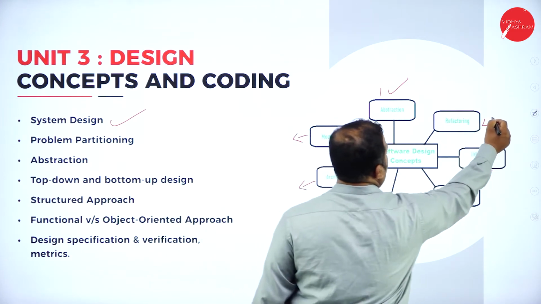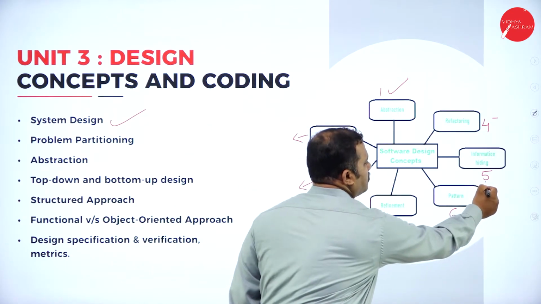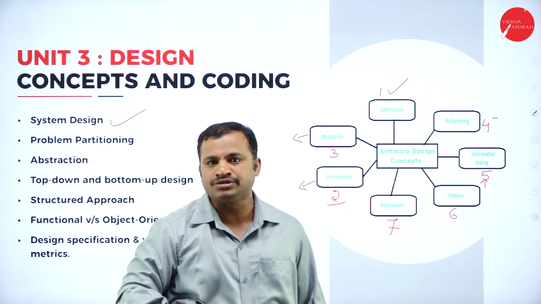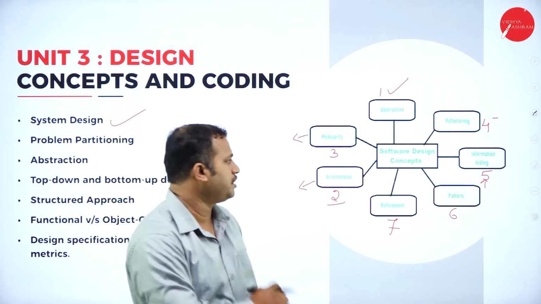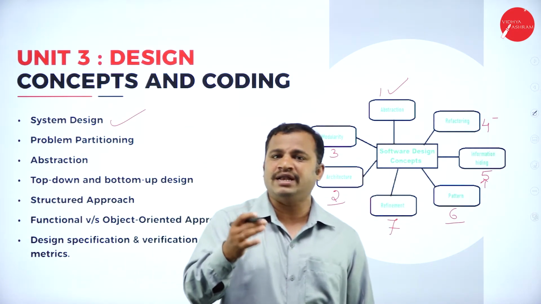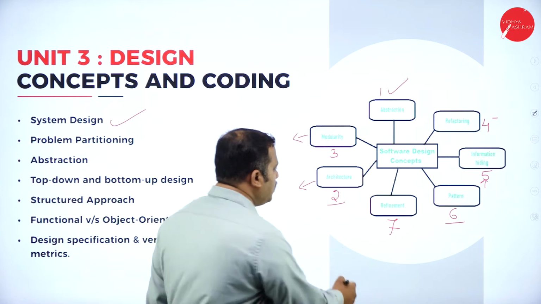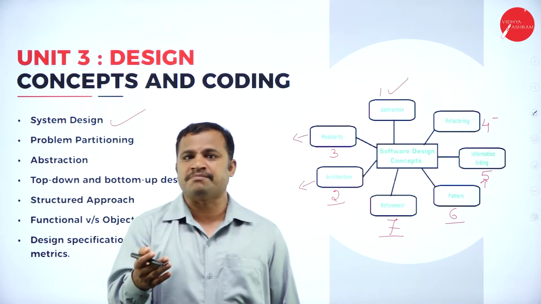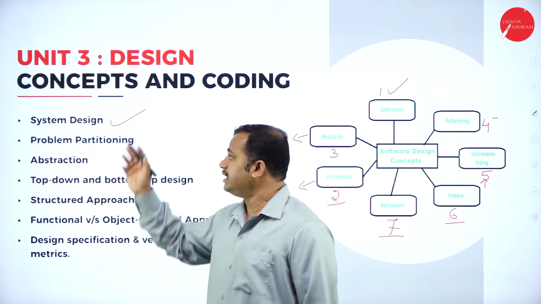Then you will come across refactoring. Integrating all those things is called refactoring. Then information hiding, the same thing which I explained right now. Only the relevant information is given to the user and all other irrelevant details are hidden from the user. That is also carried out in information hiding. Sixth one, patterns. In the case of patterns, you process the data collected from the user and it is processed internally. That is called a pattern. Then finally, you will perform the refinement. Suppose there are any changes to be incorporated into the existing system, then the refinements can be incorporated at last. So this is the design process that includes all these.